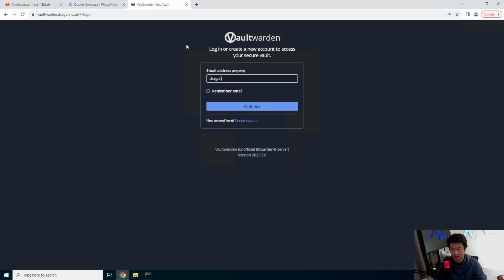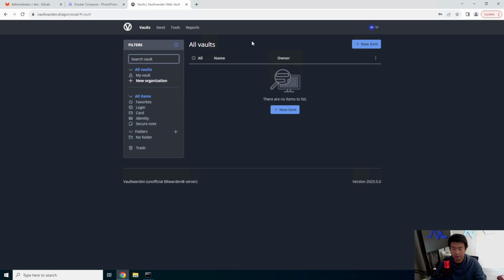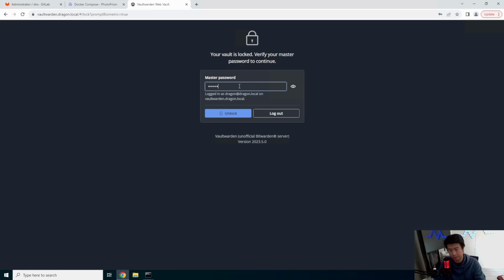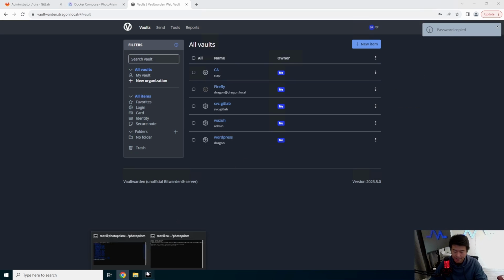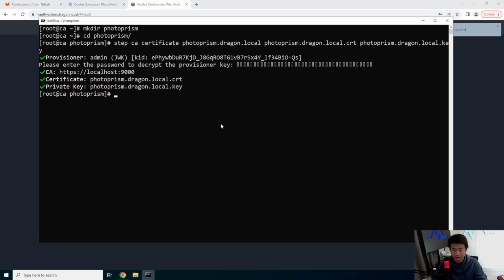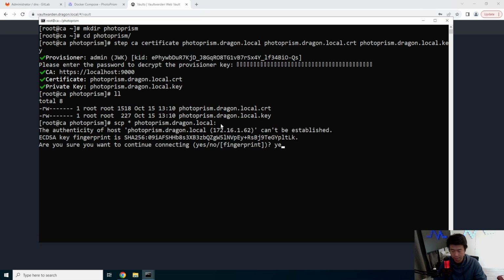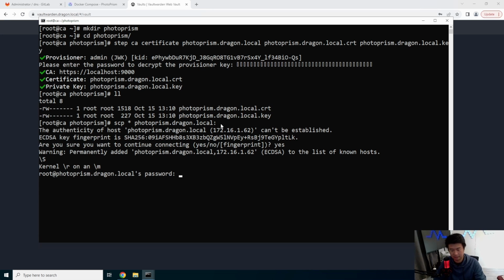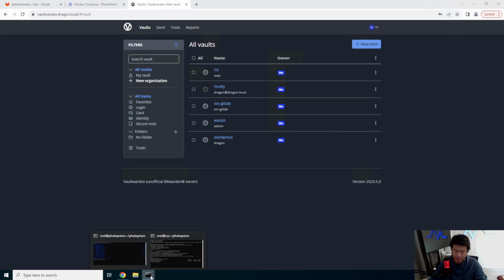So let's log in here to my Vaultwarden, log in one more time, and copy that password, paste that, and then we got both of my keys here. So from here, we'll copy these over to our server. All right, so we won't need this one anymore. Then what we'll do here